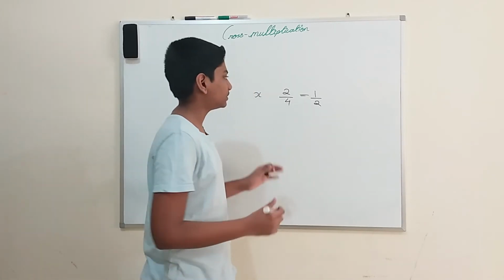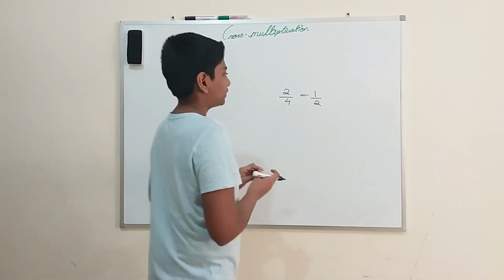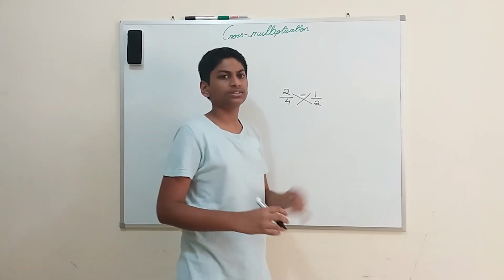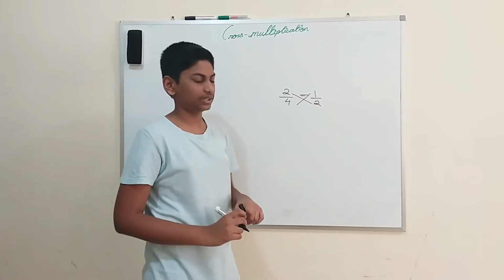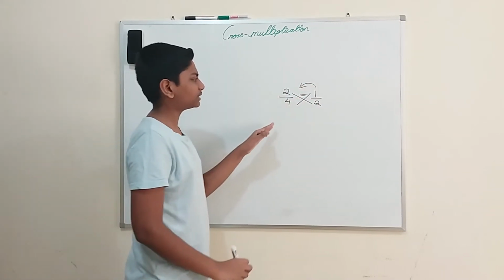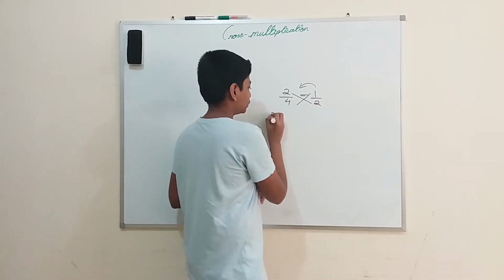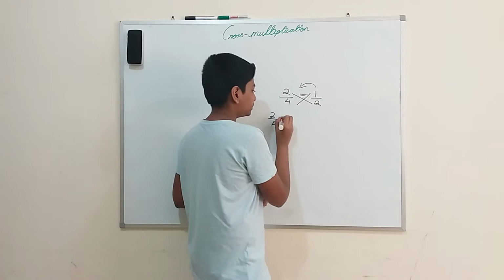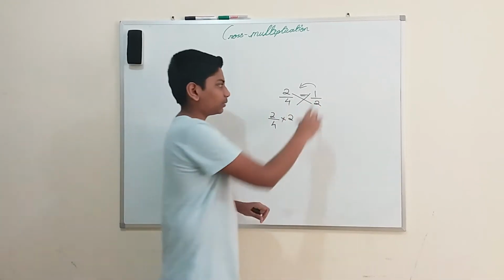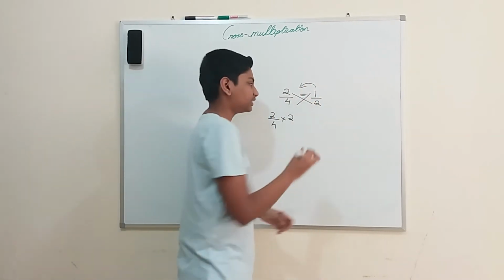Cross multiplication is nothing but multiplying them in reverse, like we multiply these both. How can we multiply these both like this? Because there's an equal to sign in between. So when we bring this to the left hand side, this is in division, and the 2 into 4 is there. So this division will become multiplication. The 2 will come at the top, and the 1 which is in the numerator will become the denominator.